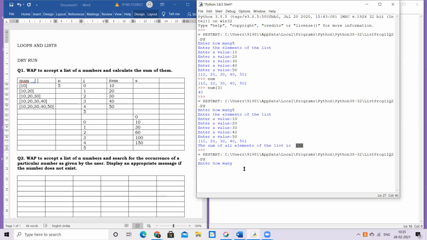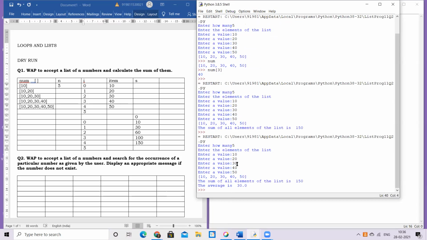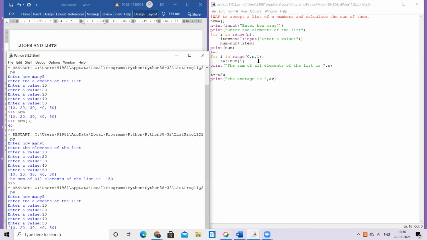With the same set of inputs again. 5. So it's 10, 20, 30, 40, 50. 150 divided by 5 is 30. 30.0, because moment you do division, use of this operator will always give you data with decimal point. Here there's nothing in the decimal, so he says 0.0.